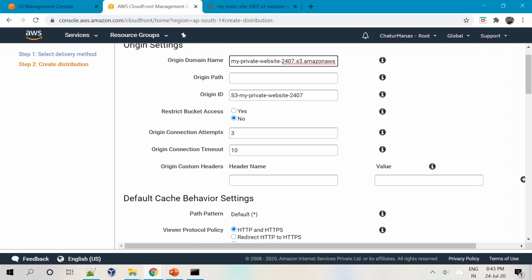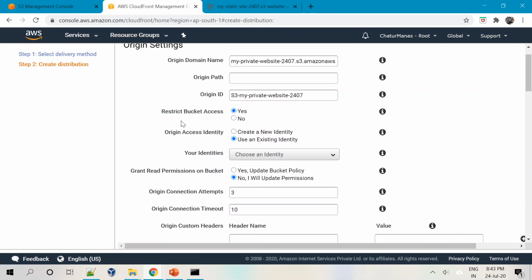Then we have something called restrict bucket access. I will say yes, I really want to restrict the access of this particular bucket. So basically I am saying that I do not want anyone else to access this particular bucket other than this CloudFront. Then there is something called an origin access identity.